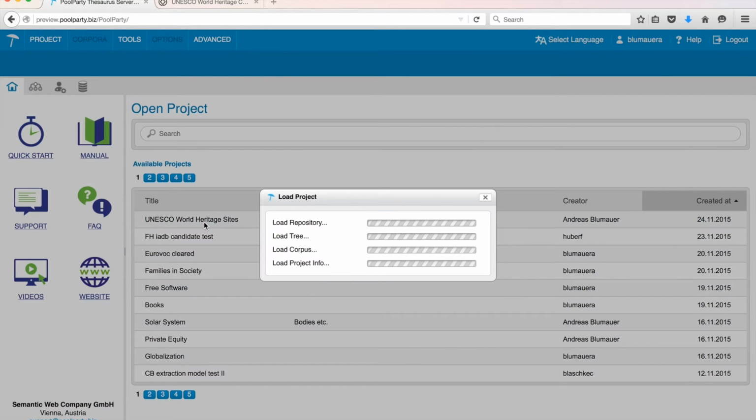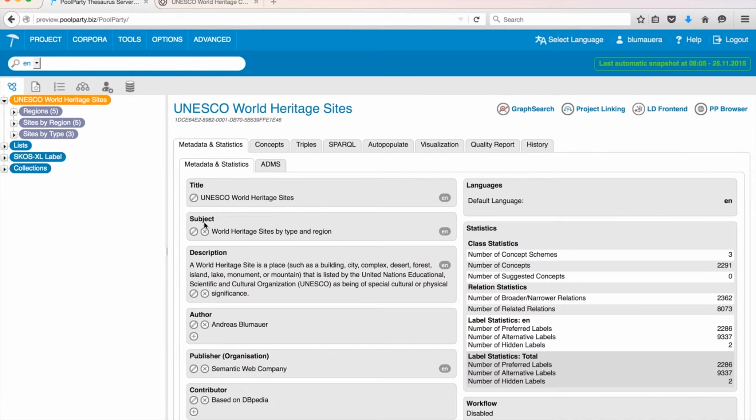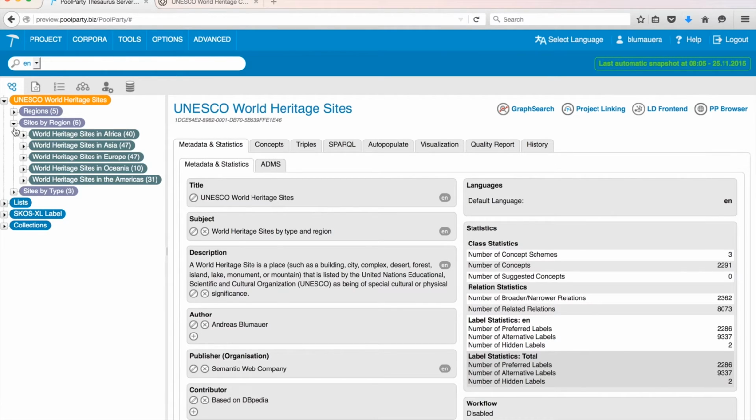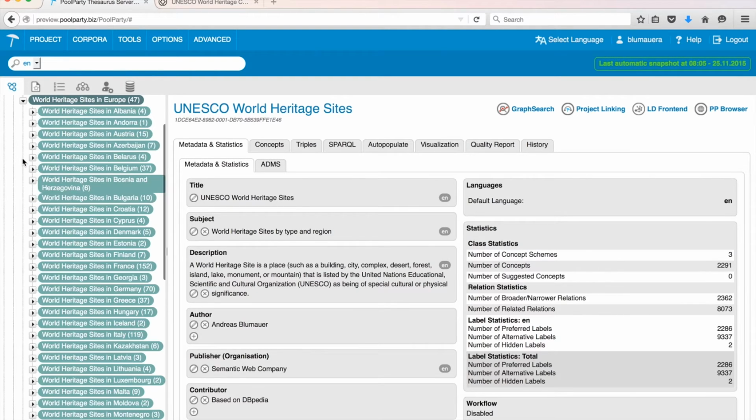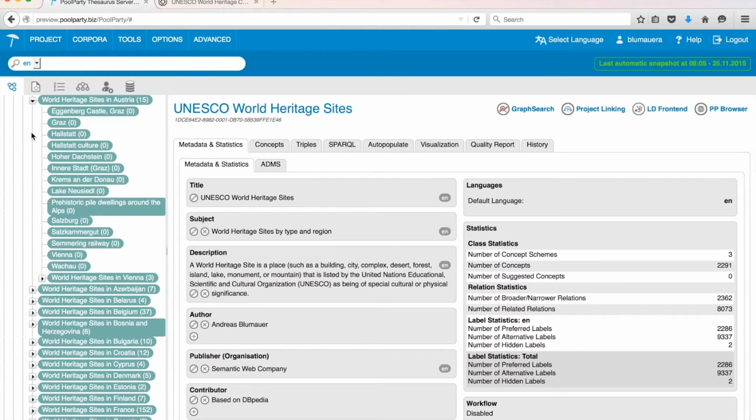I will give you the demo on top of a taxonomy which is about the UNESCO World Heritage Sites. You might know there are a bit more than 1,000 heritage sites all around the globe, and they are located in different regions, and that's reflected here in this taxonomy already. If you go to one of the concept schemes here, sites by region, you will be able to drill down into all the different countries and regions and find the actual heritage sites, like let's say